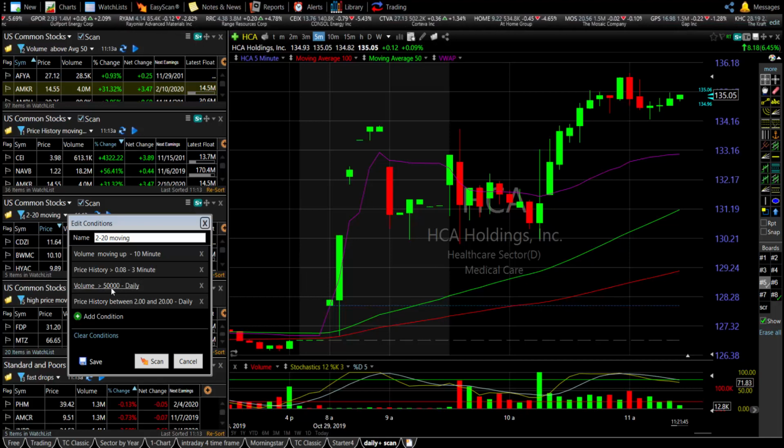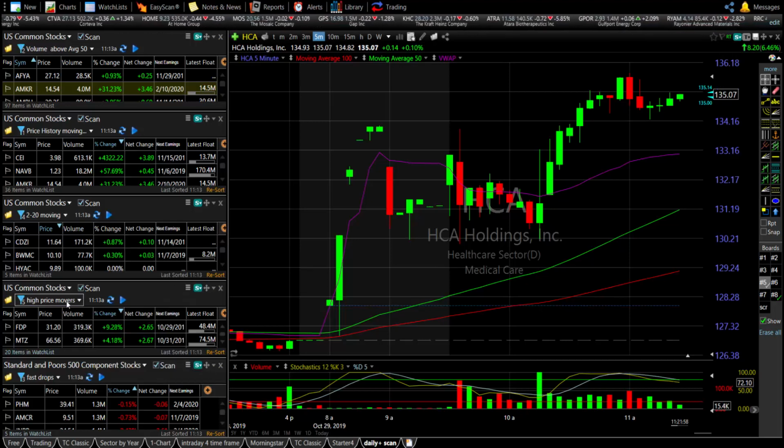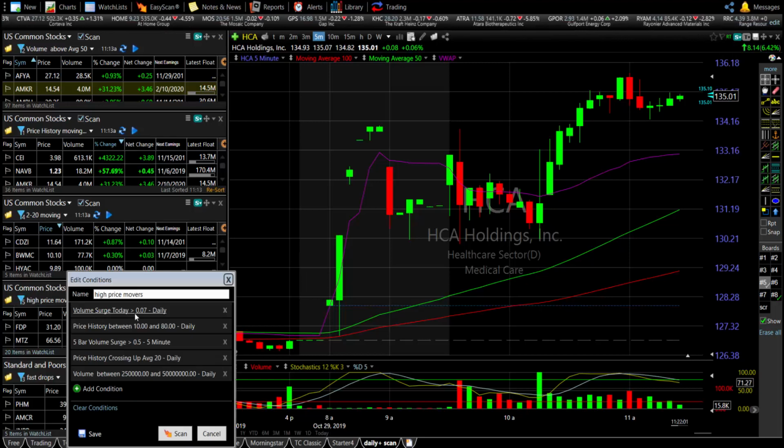And the volume at least 50,000 shares traded already on the daily chart, and the price history is going to be between $2 and $20, right? So on this one, the volume surging up at least 7 cents on the daily. The price between $10 and $80. It is on the high price, right? 5 bars at the least higher. The volume higher than at least the prior 5 bars ago, and the price history crossing up the 20